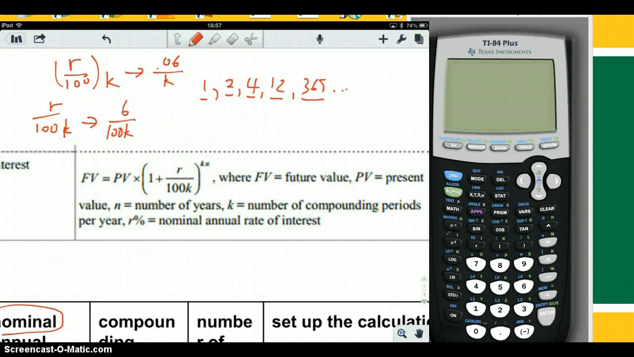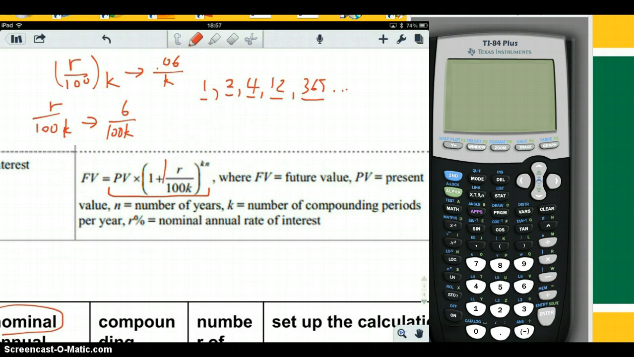We're going to go over the problems on the review sheet for compound interest. Here is the formula that's on the IB formula sheet. I won't go over the whole thing because you should already know it, but just the tricky part is this